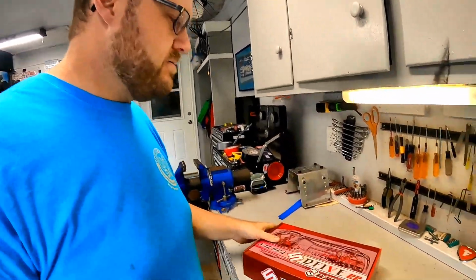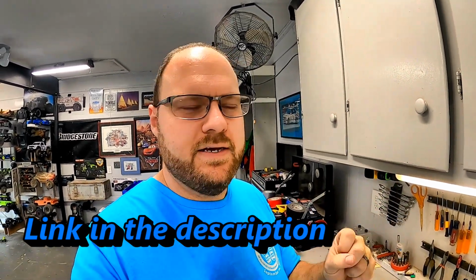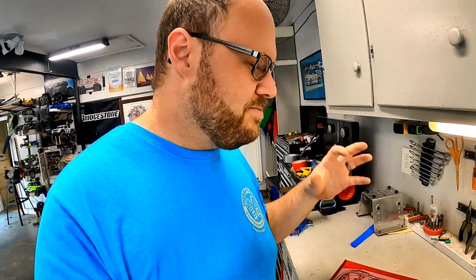We've had the ready to run MST. We've driven some other people's Yokomos. This is the brand new thing on the block. And the really special thing about this one is Sakura and 3Racing have always been kind of the cheap entrant. And so this chassis kit, everything in this box with the instructions, $100 to my door. All right, and so really this is the entry into how cheap can you really get into